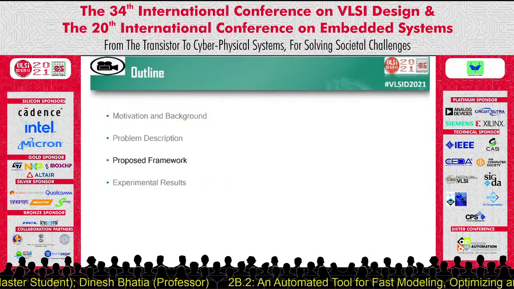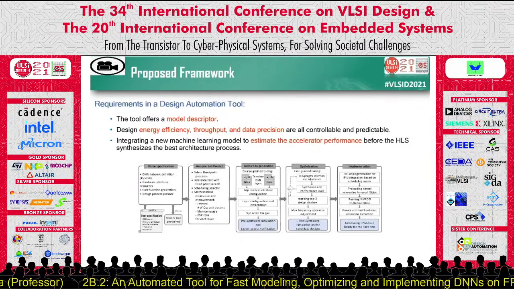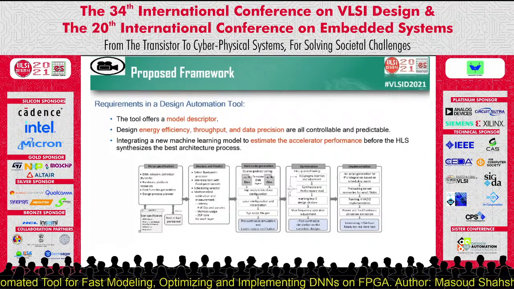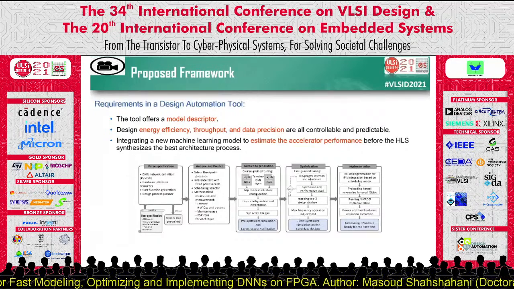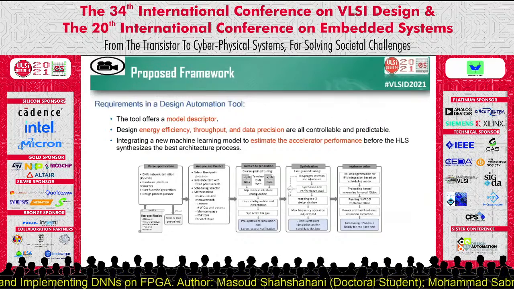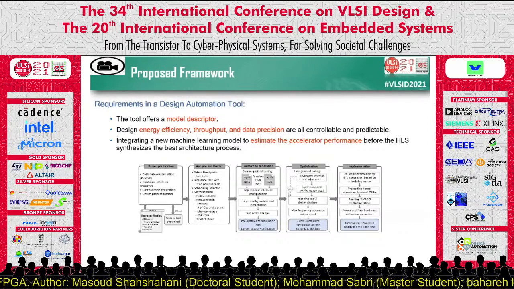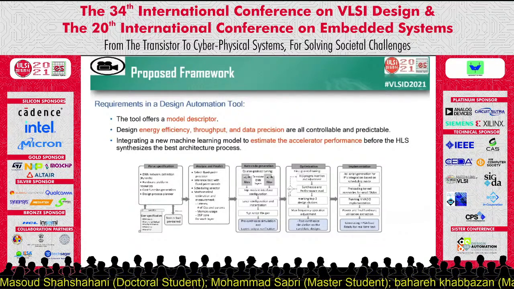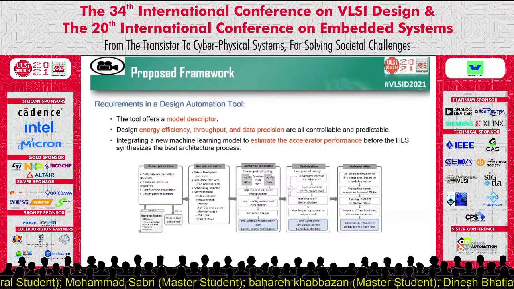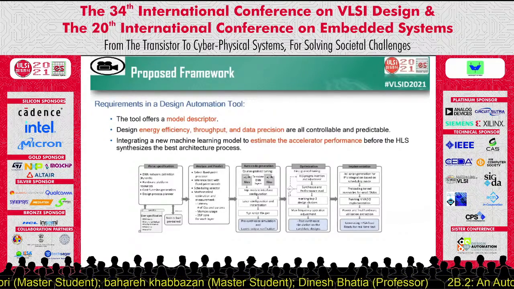Let's describe the proposed framework. In this slide, you can see the flow of our proposed method, which contains 5 different stages. In the first stage, the user constraints and network specifications are inserted into the circuit, and in the final stage, the bitstream will be generated. Resource allocation under constraints and seeking the highest performance are our challenges in design automation. Also, we have to overcome the lack of a comprehensive representation of a DNN accelerator.